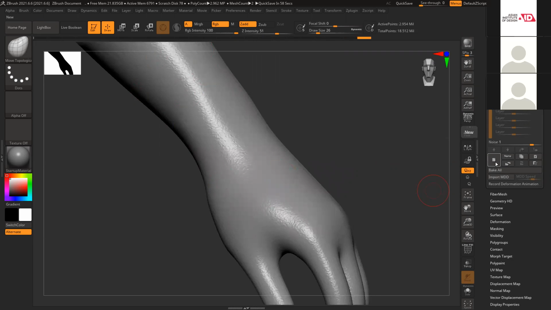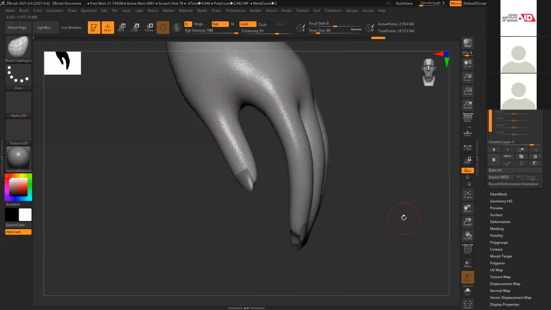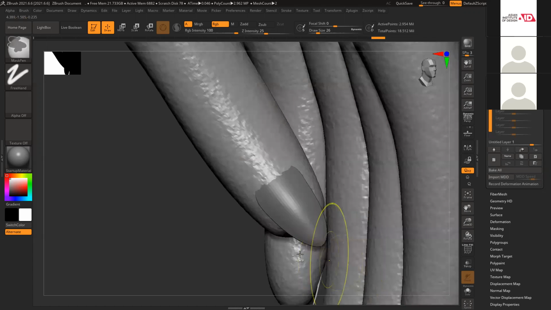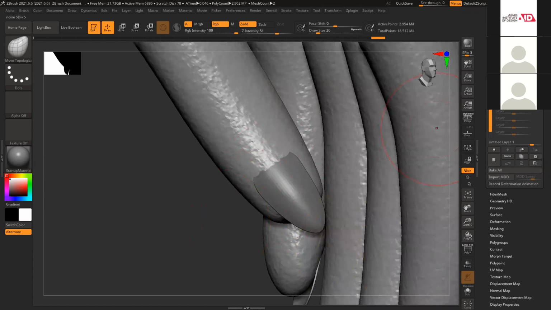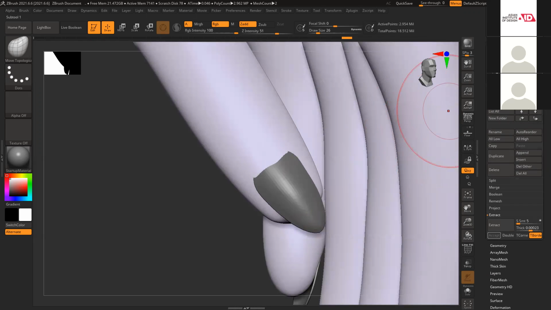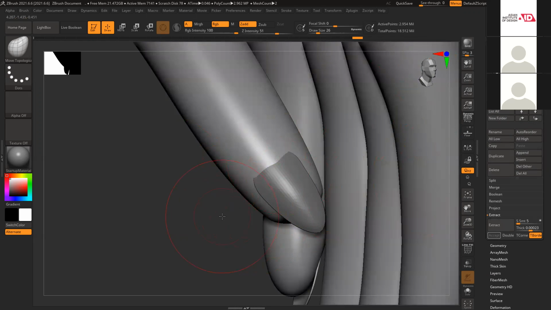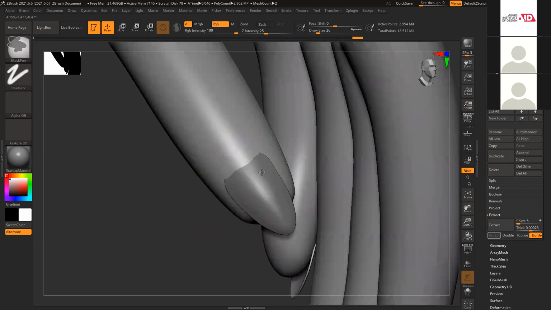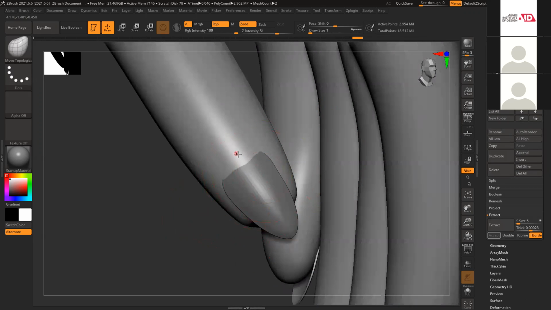noise, then one more layer. This is for like finger details and all. So I can switch off this one. Recording, and I don't like this one. This automatically, I don't know why it applied this poly paint weird color.